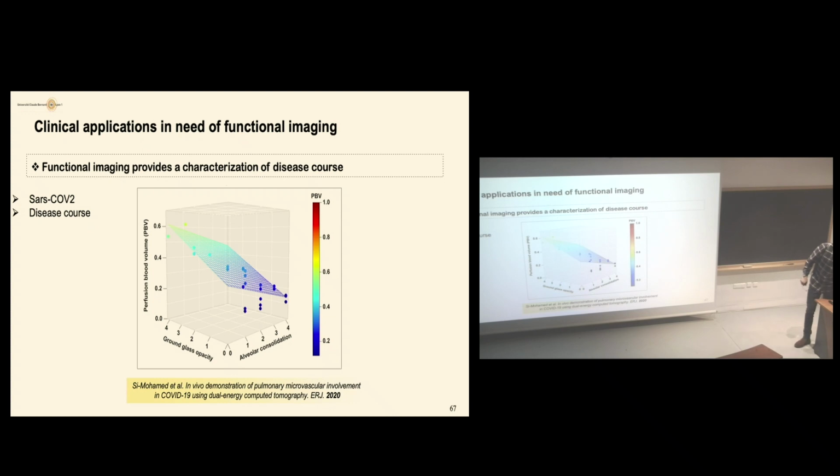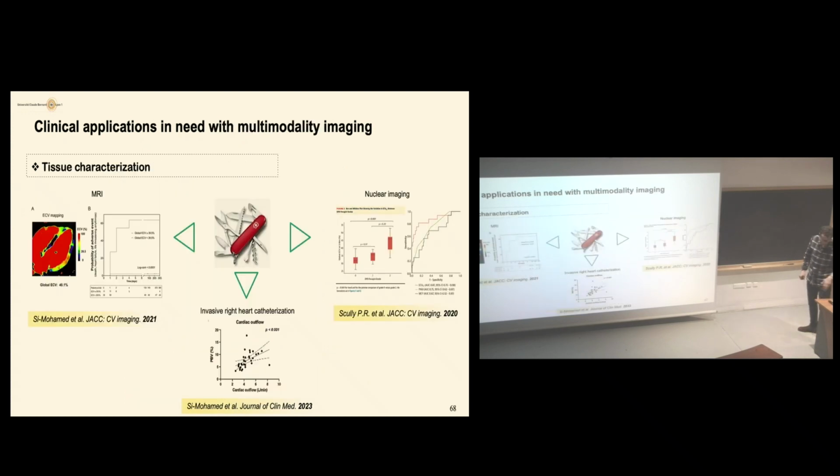So this point is about functional imaging, and the last point of current clinical application is that, also using spectral CT imaging, you can think about having a one-stop shop modality. I know all the users of CT, MRI, and so on say, well, we want a one-stop shop, the Couteau Suisse, the Swiss Army knife. But of course, the Swiss Army knife won't work anyway.